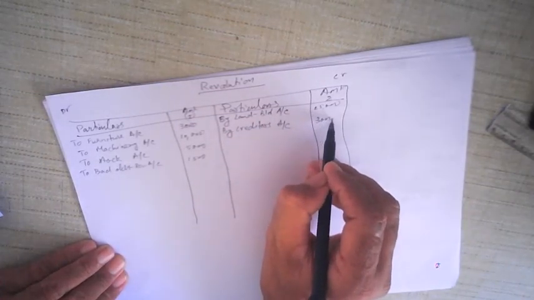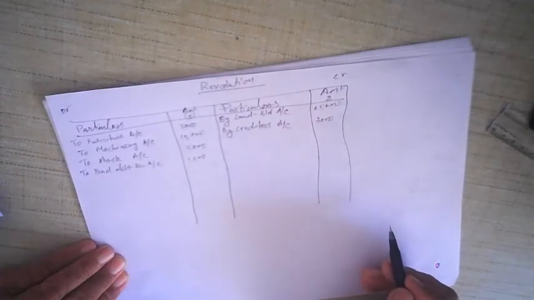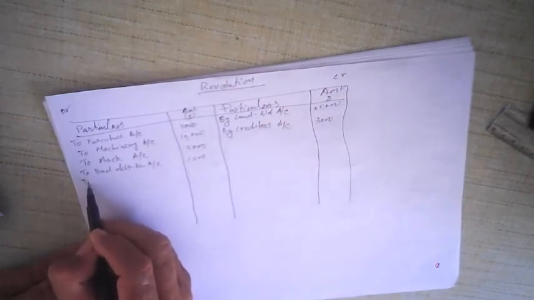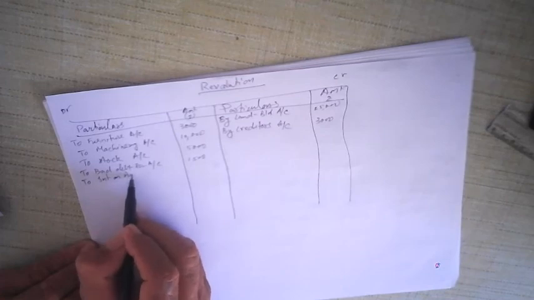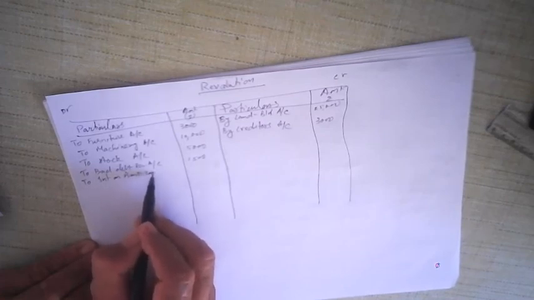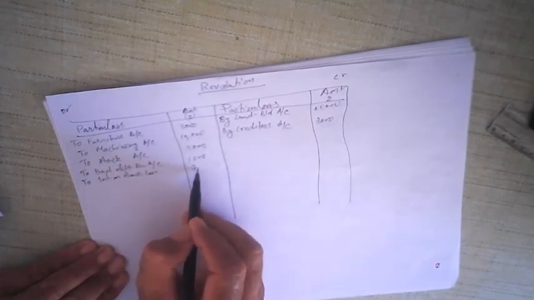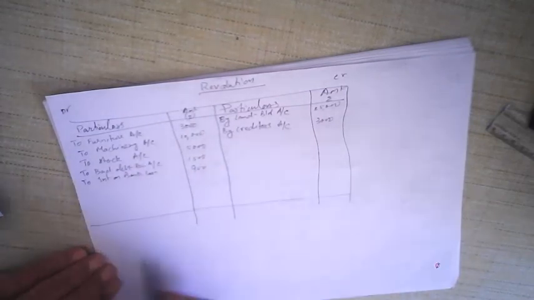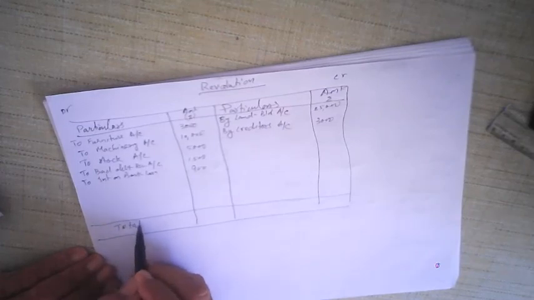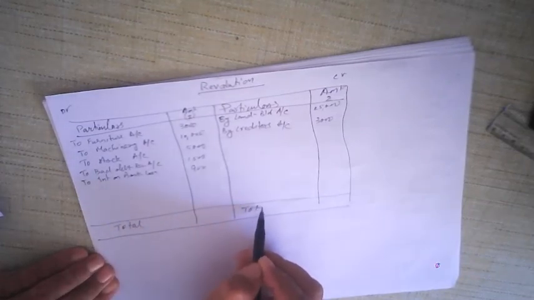So 3,000 rupees. Okay. And seventh entry was interest on bank loan. Okay, interest on bank loan, again 900 rupees liability. So to interest on 12% interest on bank loan of 900 rupees for 3 months. 900 rupees. Alright. And then of course we made the total. In the journal we have already done that. So we have to only do it once now.